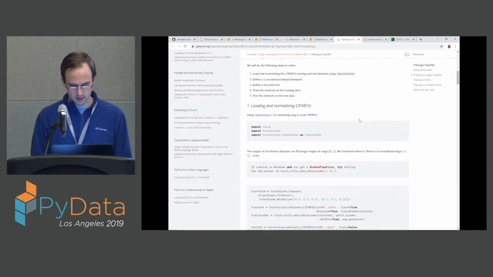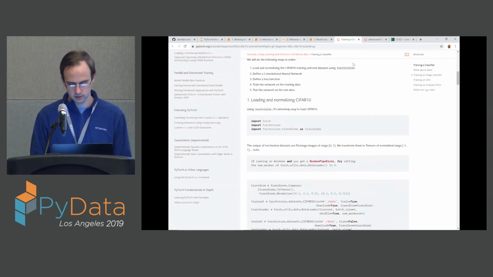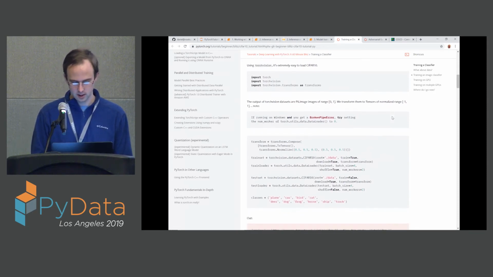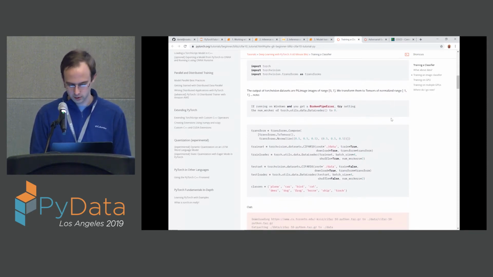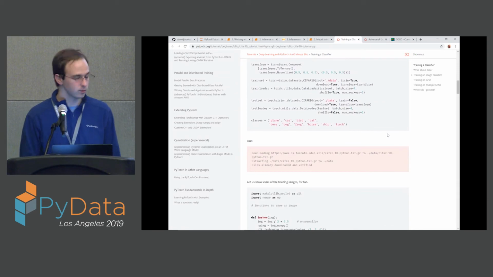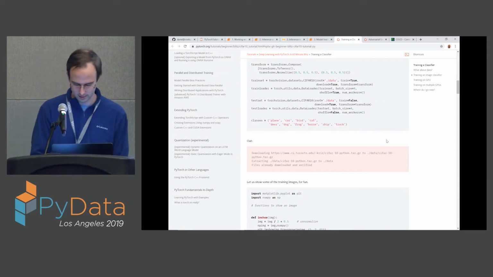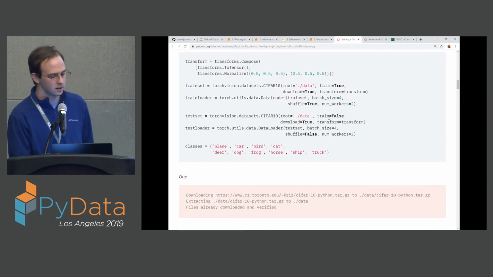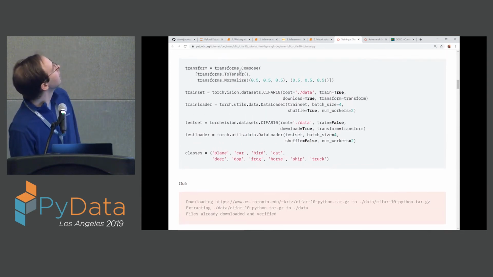Okay, so again: train, test, split, define a network, define a loss function, train the network, and then benchmark the network on test data. So again, import torchvision transforms. Okay, let me zoom in a little bit. So this is an example of